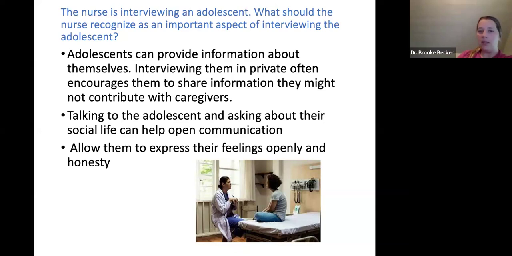But ideally, you're able to talk with that adolescent alone, because then they can be more open and honest with you about sexual things that maybe they don't want their parents to be aware of, or drug use, alcohol use, vaping, things like that. And the only thing that you have to tell their parent